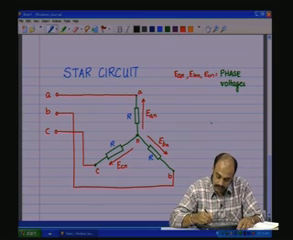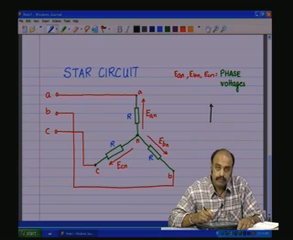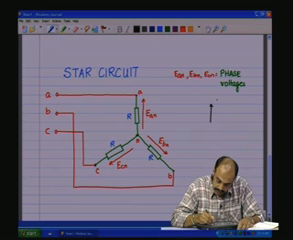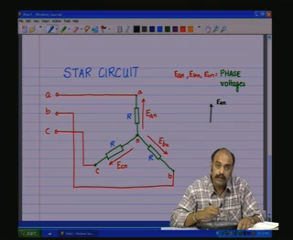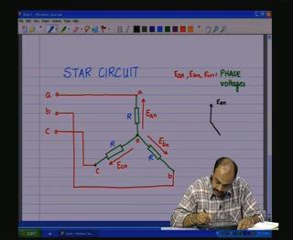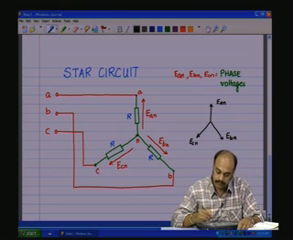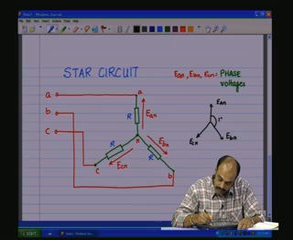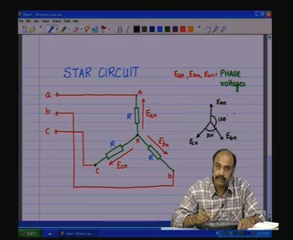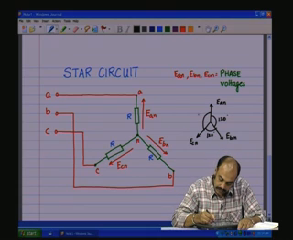Now, the phasor diagram is also like this. This is E A n, 120 degrees lagging E B n, 240 degrees lagging E C n. You see. So, this is 120 degrees, this is another 120 degrees between C and B, and then another 120 degrees between